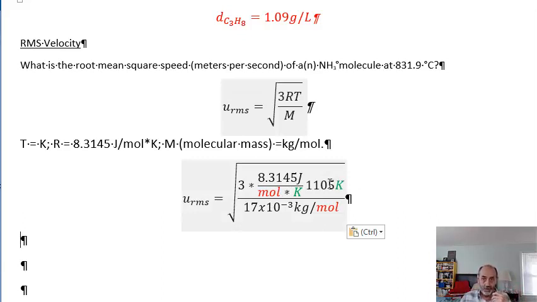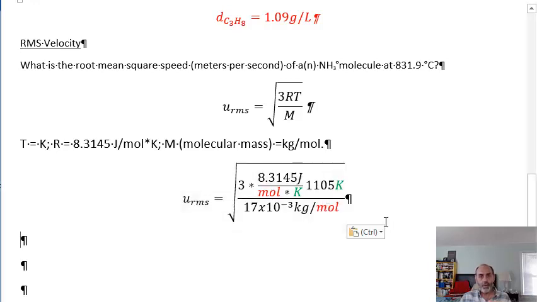Add 273 to the 831.9 to get 1105, and then ammonia's molecular weight is 17 grams per mole, or 17 times 10 to the minus 3 kilograms per mole. So that's the root mean square velocity. Now you notice that